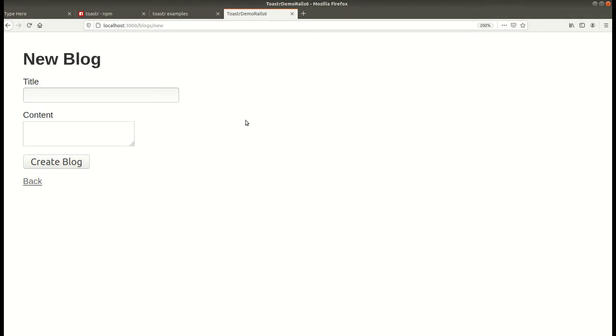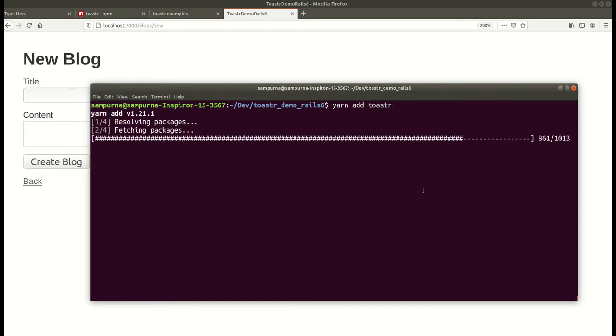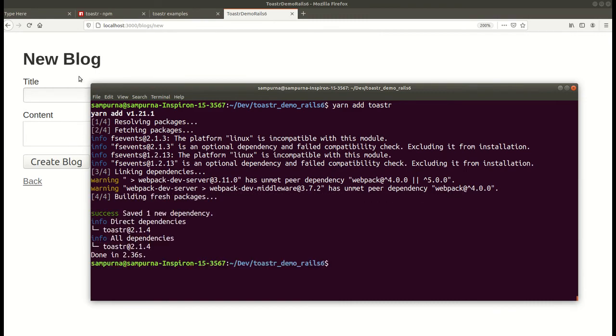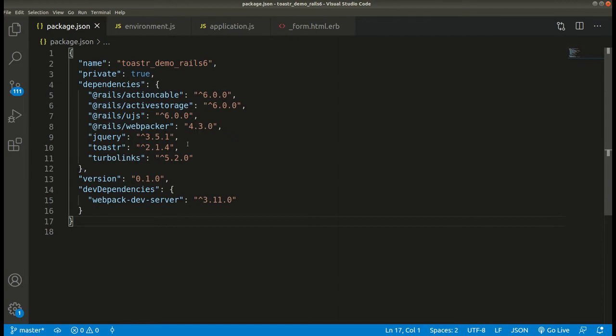Now our next step is to install Toastr in our application. So in order to install Toastr, now we need to do yarn add toastr, press enter. Now here we can see on package.json file the dependency of Toastr should be added with version 2.1.4. Alright,